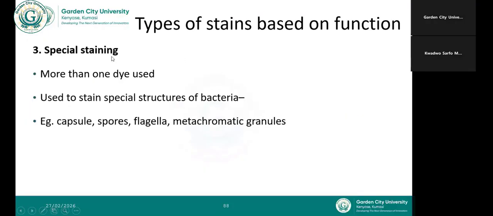So special staining is when you want to stain these structures: capsules, spores, flagella, metachromatic granules, and so forth. These granules are nutrients that have been accumulated within the bacterial cells, and they can be used to also,